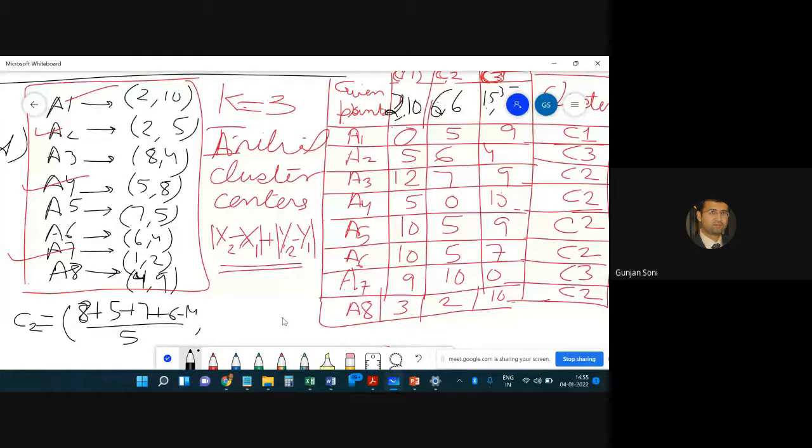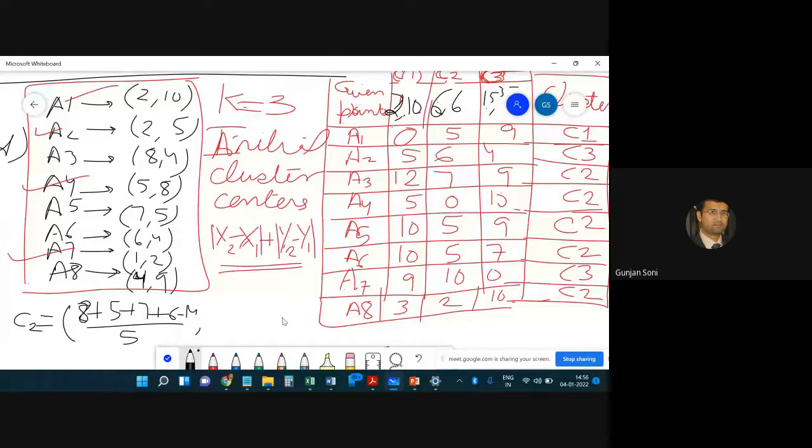Another disadvantage is that again it requires K. You have to specify K, which is subjective. Now, this is a hyperparameter, just like in KNN as well. KNN was able to handle noisy data, but that is supervised and this is unsupervised, so we can't compare apples and oranges. So let's not talk about KNN at all. But this algorithm will not be able to handle noisy data, and even if outliers are there, this algorithm will perform badly.